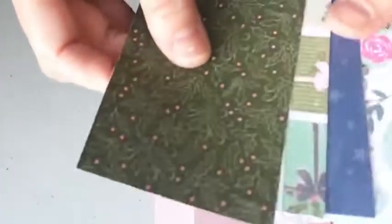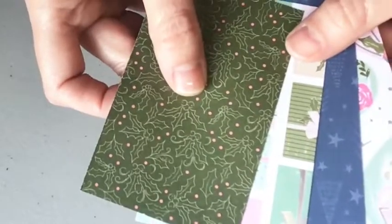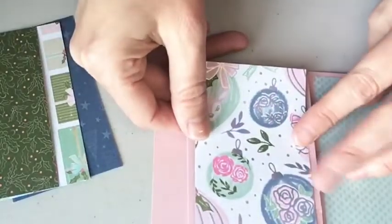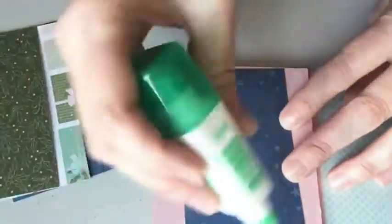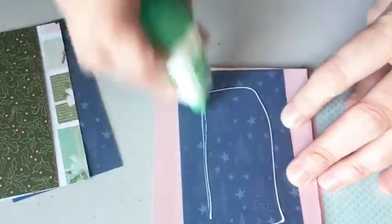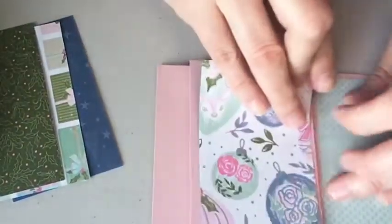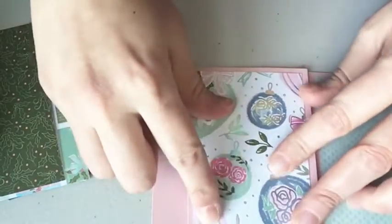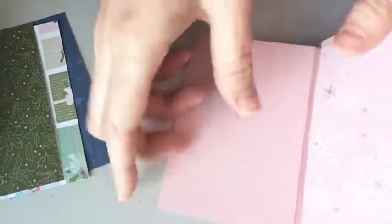So here are the other pieces of the paper that I chose. Why don't we start with this one, because it seems like it marries well. You have the iridescent on this side and then the plain on that side. But I don't think it's going to work out 100% like that. But, whoops. Okay, so this